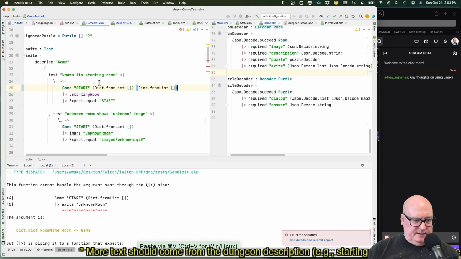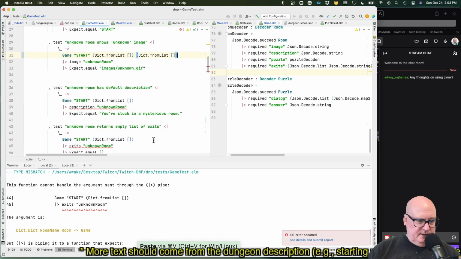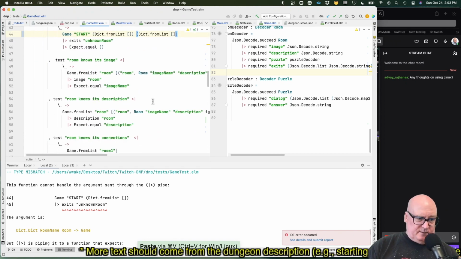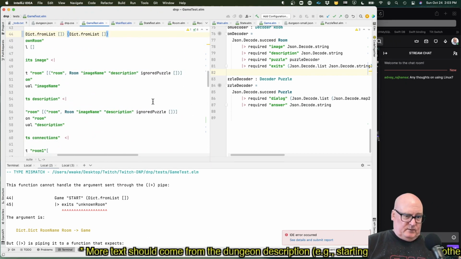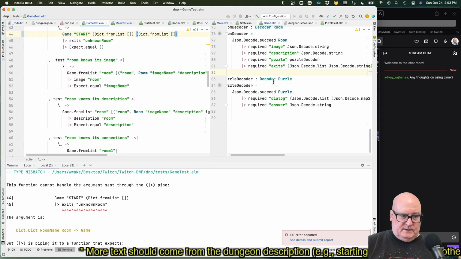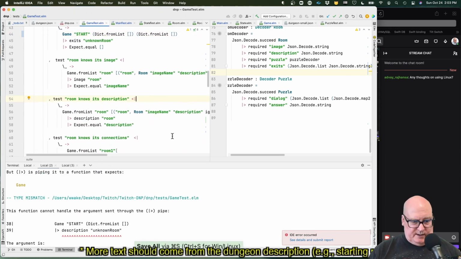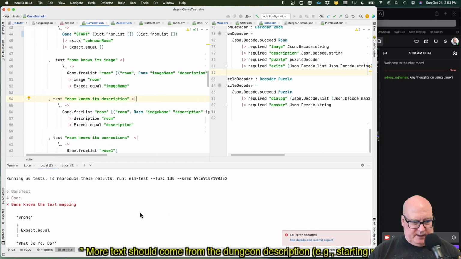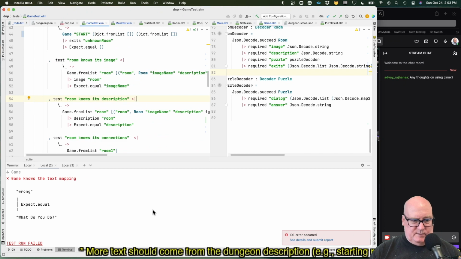So now it needs... When it creates game directly, it needs to create all the pieces. And since we're not doing anything with the text in these, we're okay. Game.roomList. From list. I'm kind of surprised it's not complaining about that. Okay, we're back to this. Guess game knows text mapping. Wrong should be "what do you do."